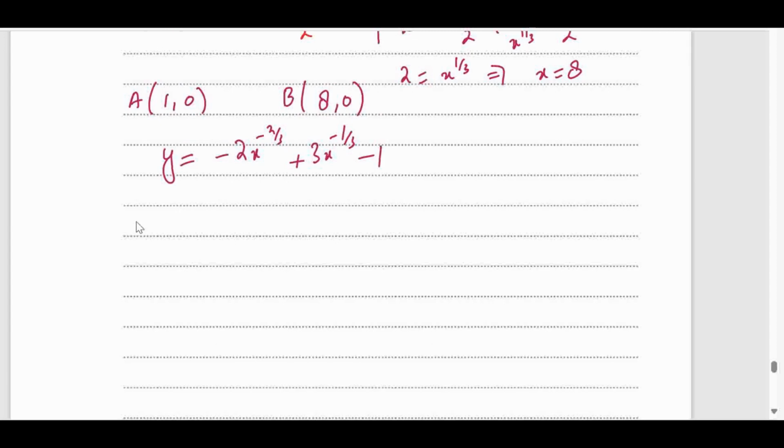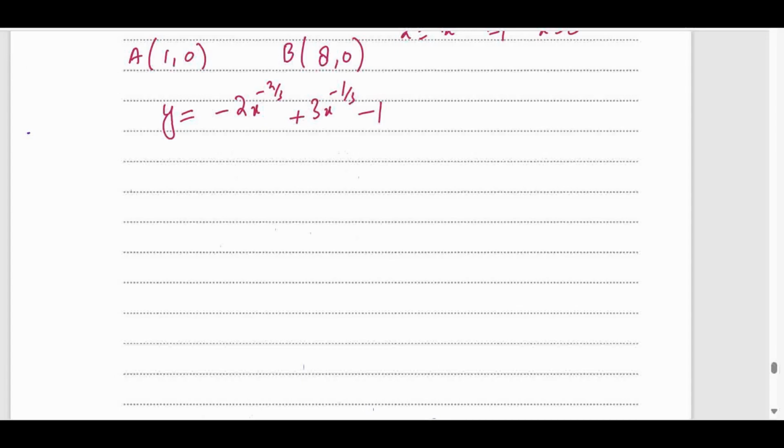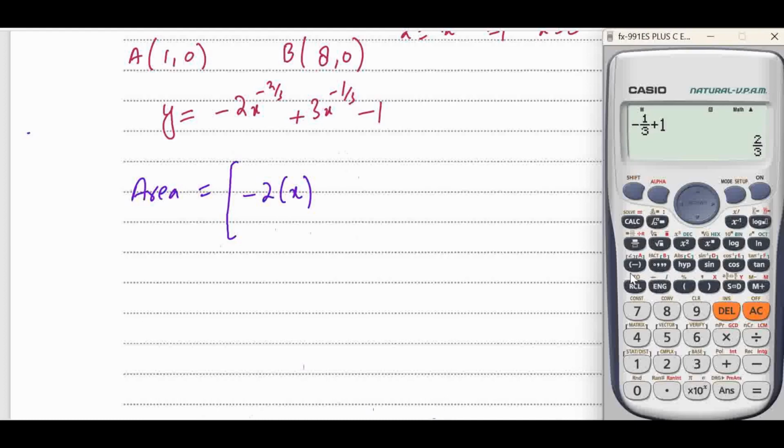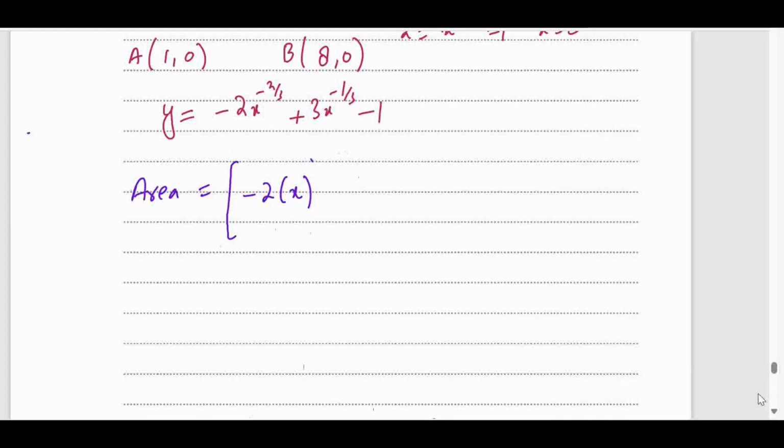Now we need to find the area and just put the limits. So area will be equal to, now we need to simply integrate it. How to find the area? First of all we need to integrate it. So if we integrate it, this will be minus 2 x power, now x power what? Minus 2 by 3 plus 1, the answer will be 1 by 3. So 1 by 3 whole divided by 1 by 3,